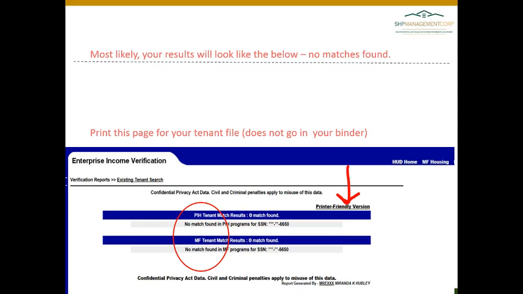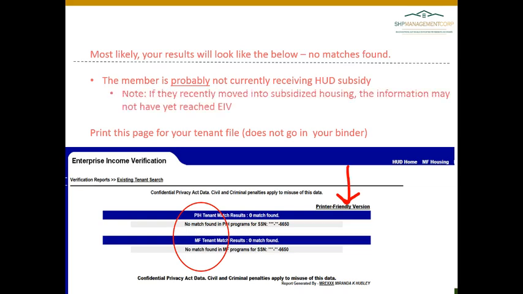Most likely you will have a report that looks like this, where it says no matches found, which is great. It means the member is probably not currently receiving subsidy. It is possible that they have recently moved into subsidized housing, but this information hasn't yet reached EIV, which is